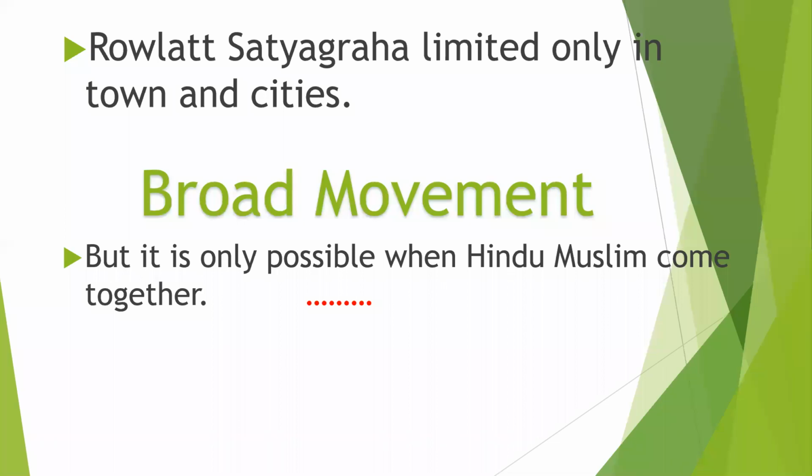So that's why they wanted a broad movement, but this broad movement can be possible only when Hindus and Muslims came together. जब वो इकट्ठा हो जाए तब मूवमेंट हो सकती थी। ठीक है, so Mahatma Gandhi wanted a chance. महात्मा गांधी को केवल एक चांस चाहिए था so that वो हिंदू और मुस्लिम को इकट्ठा कर सके।